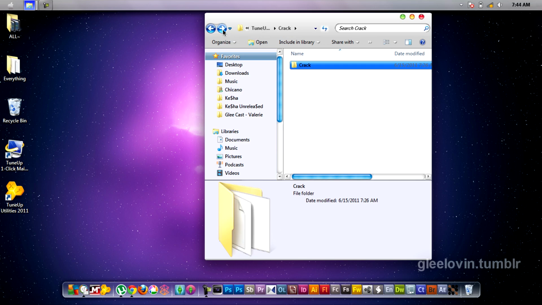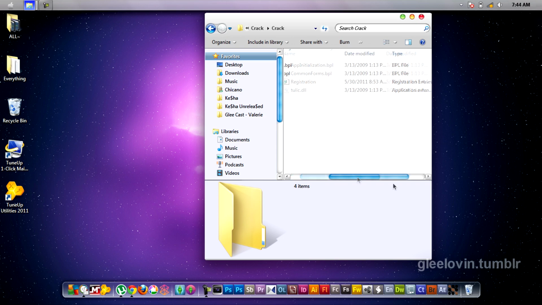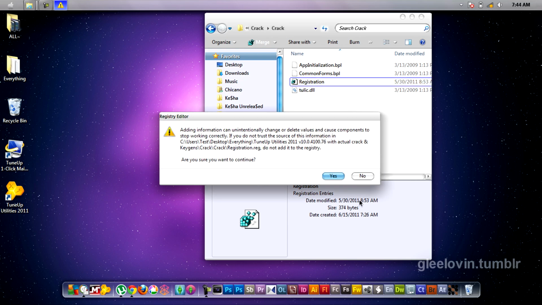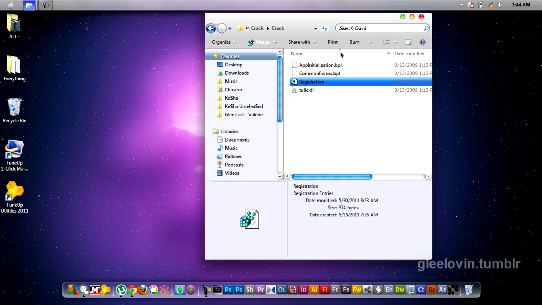Go to crack, because I don't really like the keygen, and there's going to be a registry file. Click it and add it to the registry. It's not a virus or anything. It won't do anything bad to your computer. And once it's successfully added to the registry,